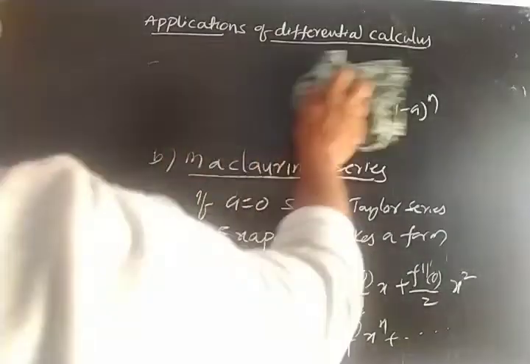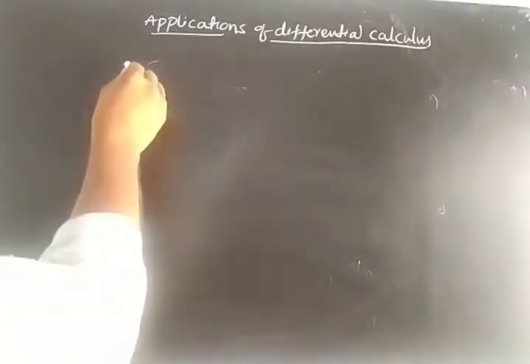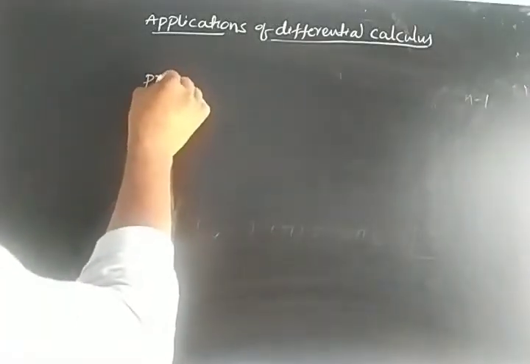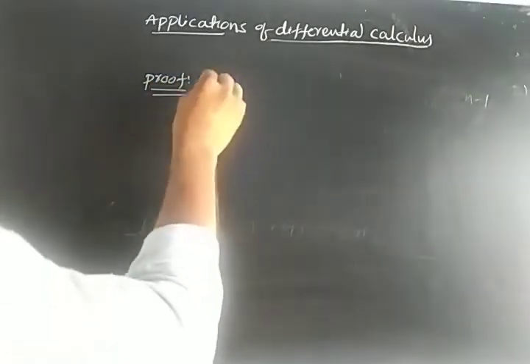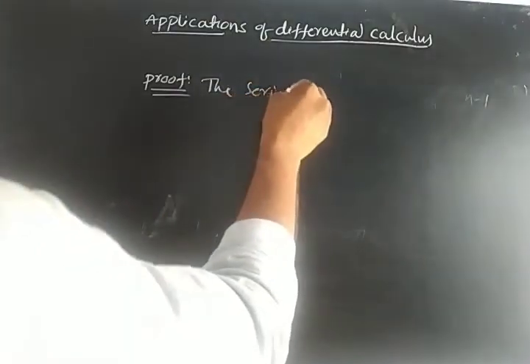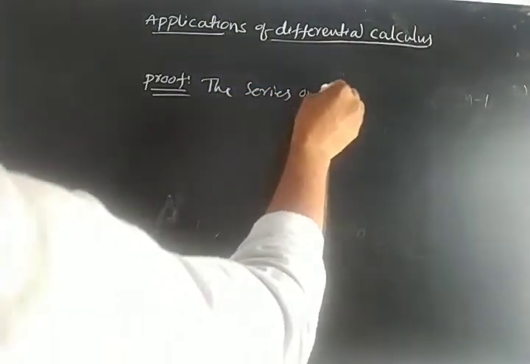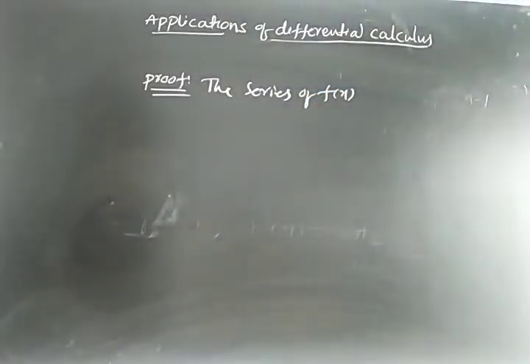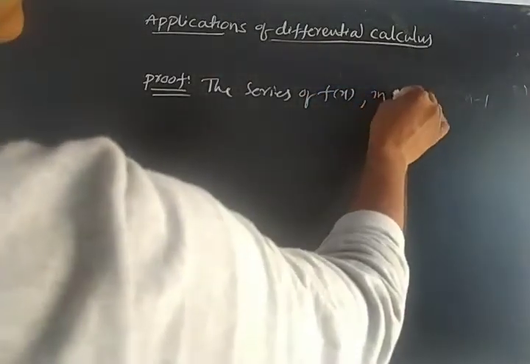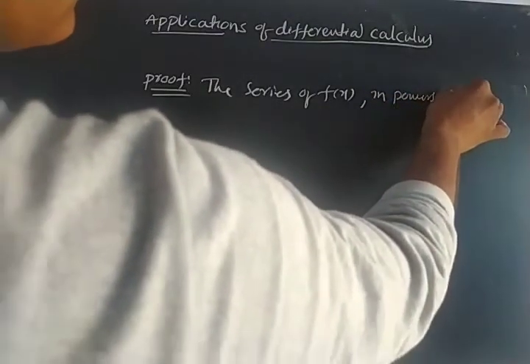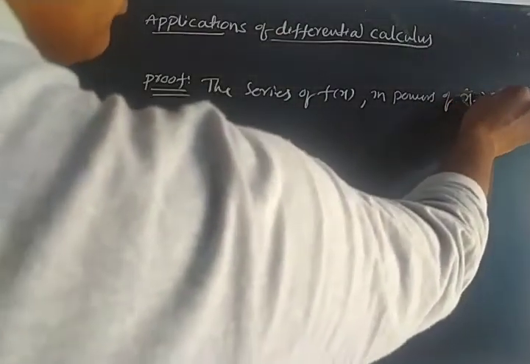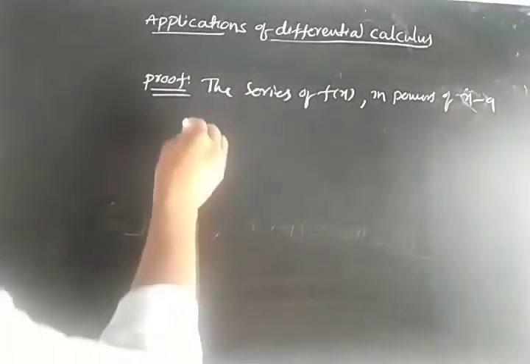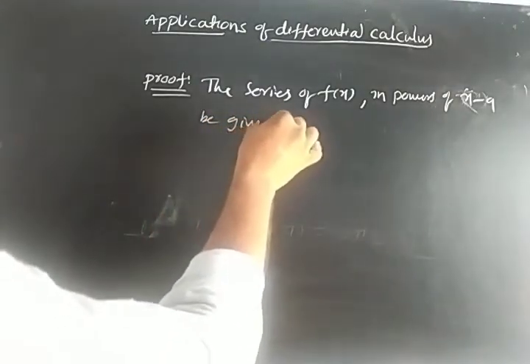Now proof of Taylor series. We wrote the theorem statement. Now proof. Now let us prove the Maclaurin's theorem. Proof of Maclaurin's theorem. Right? The series of f of x in powers of x minus a be given by